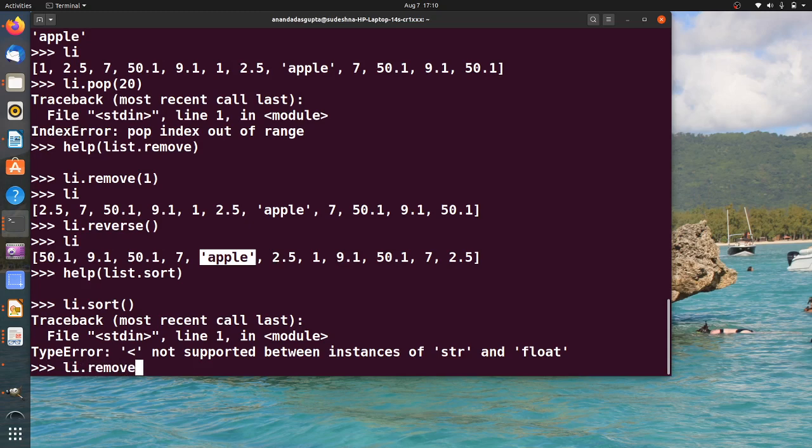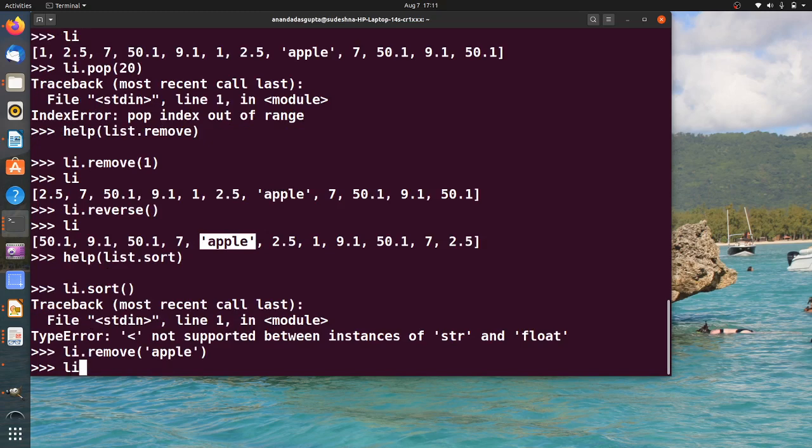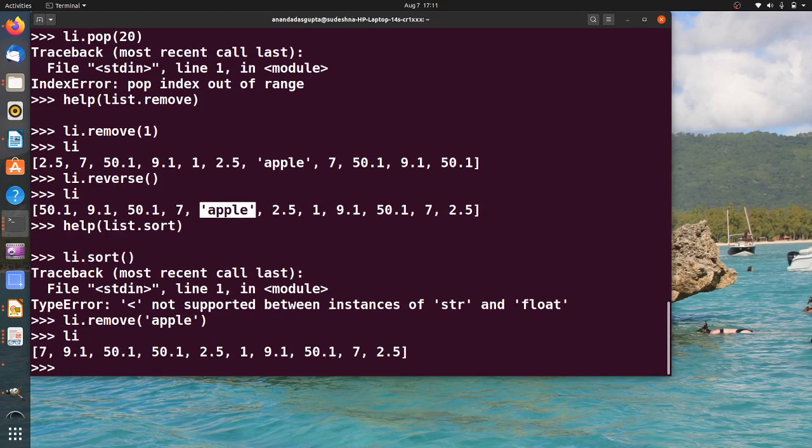Let's use our newly learned remove function to remove apple from the list. So now the list has only two kinds of objects. They are all numbers, but there are integers and there are floating point numbers. However, comparing whether an integer is bigger than or smaller than a floating point number is easy, and Python can do that. So let's